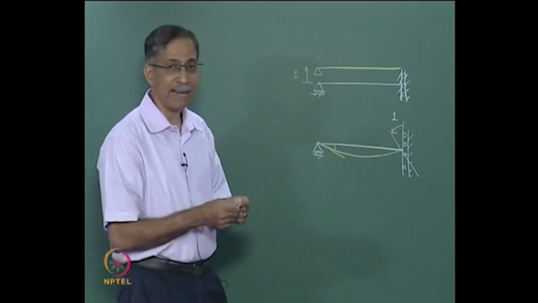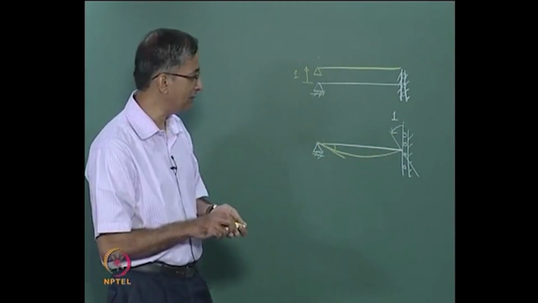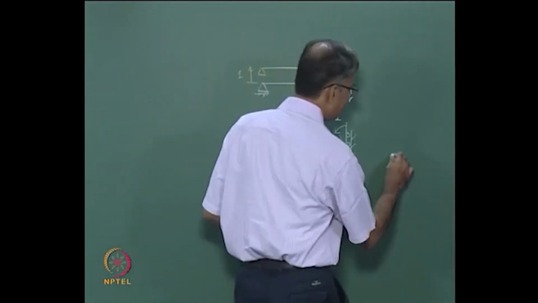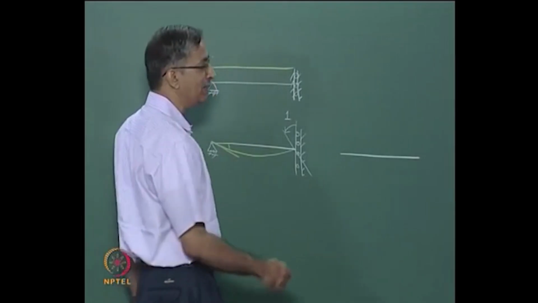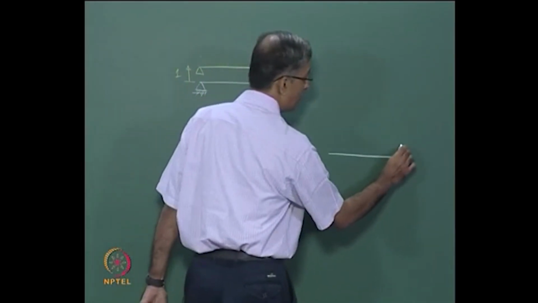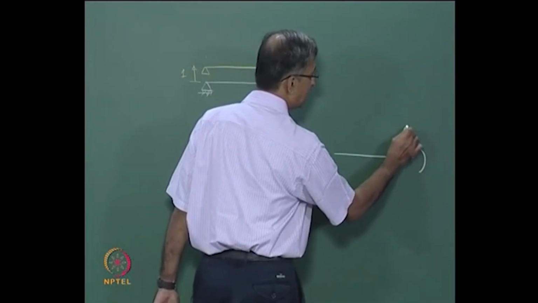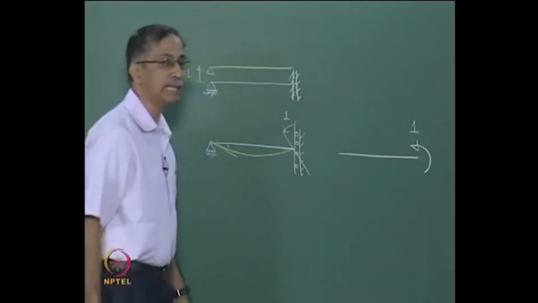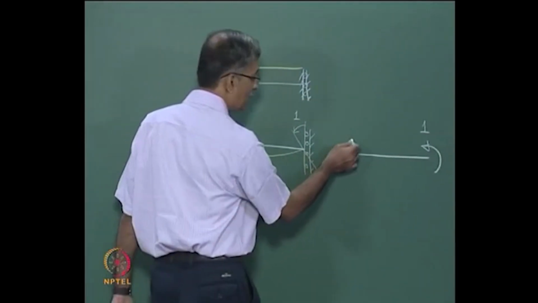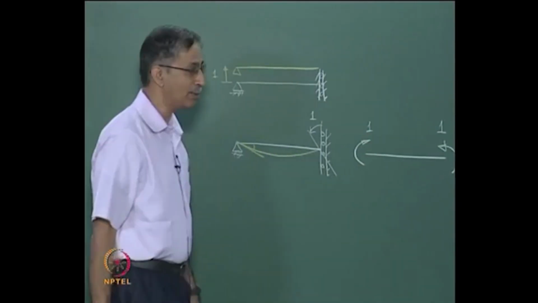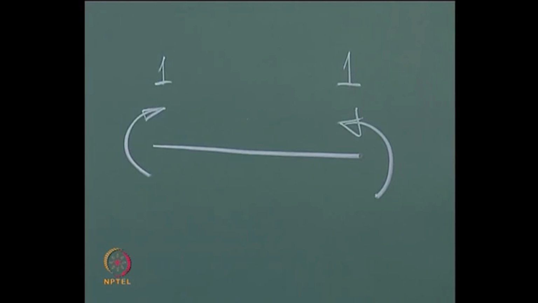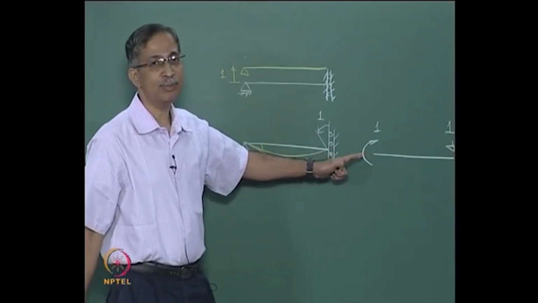So let us take some help from the contra gradient principle and let us see what happens if in a beam element to satisfy equilibrium you have a unit moment acting here. To satisfy equilibrium you also need an equal and opposite moment acting here, 1. So the TD value should be -1,